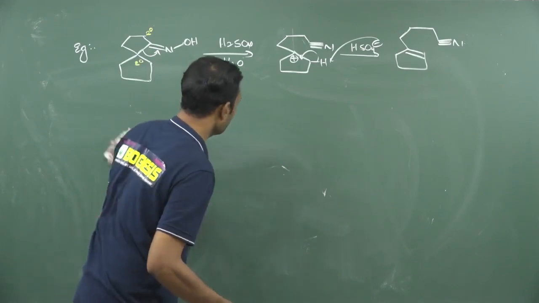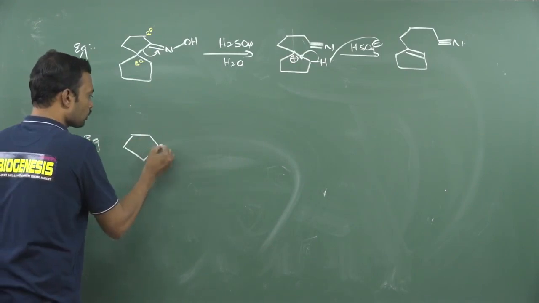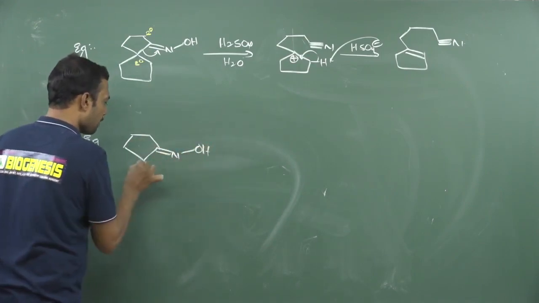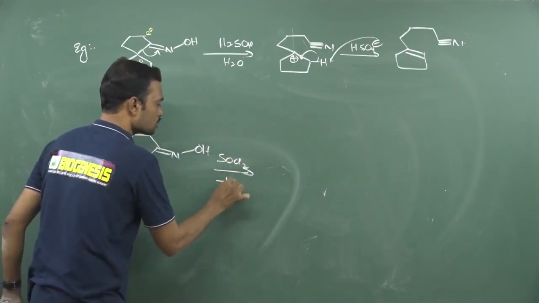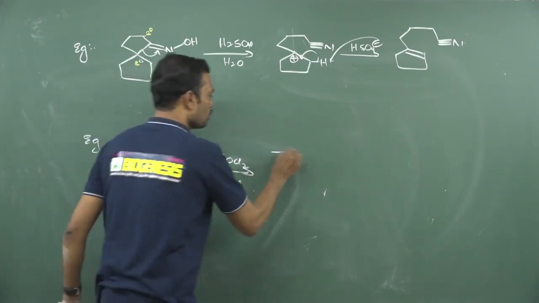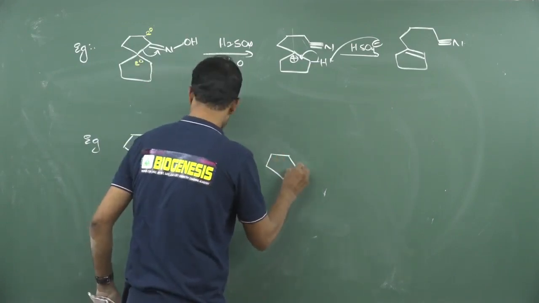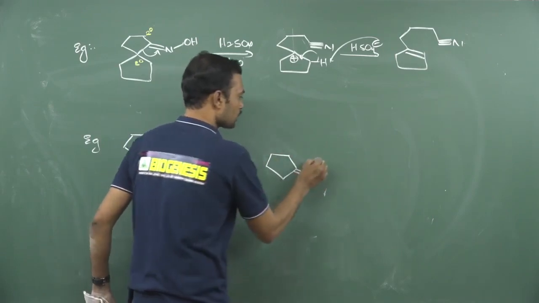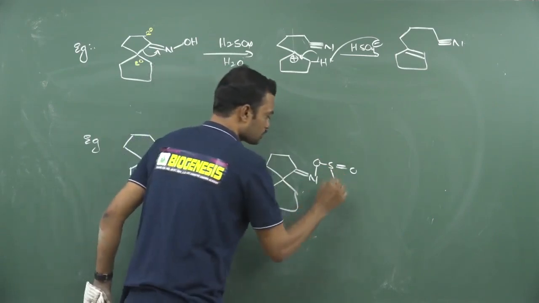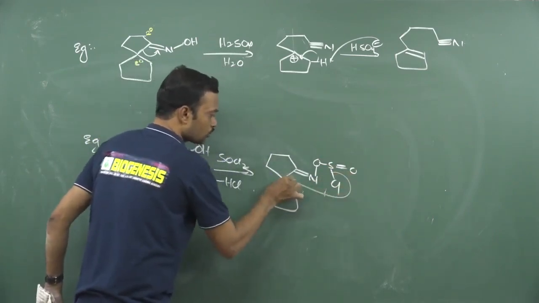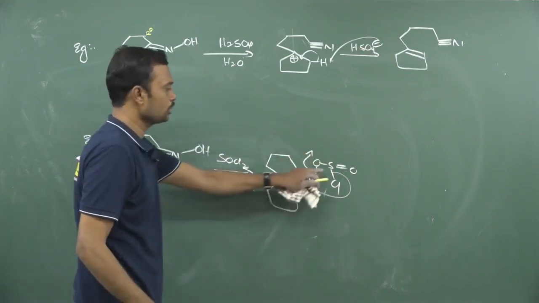I will show one example where thionyl chloride is used for a selective molecule. See, this is an oxime, 5-membered ring. If I use thionyl chloride over here, there is a loss of hydrochloric acid. After removing hydrochloric acid, this oxime carries an excellent leaving group. This is connected to sulfur, S double bond O, Cl, and this is a 5-membered ring. Now see the strategy involved. This chlorine migrates over here. Why? Because it will give a stable carbocation. This will migrate and this will eliminate out in the form of SO2.